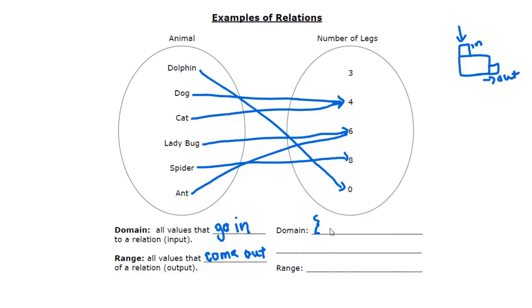So anything that we put in is called the domain. And to show the domain, we use this little bracket here, and all we do is list all the things that go into the domain. So our domain here is all of these animals. These are all the animals that I would put into my machine to determine how many legs they have. So we have dolphin, dog, cat, ladybug, and if you don't mind, I'm just going to abbreviate that here, LB, spider, and ants. So these are all the animals